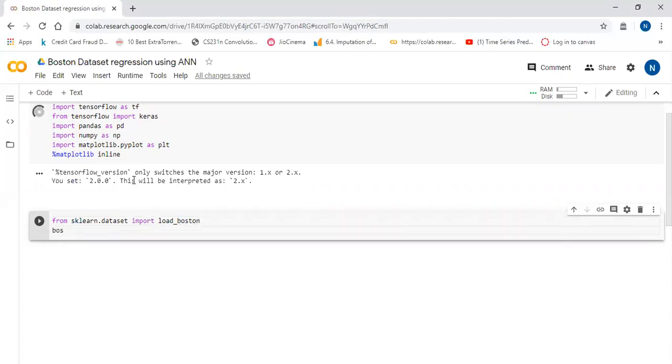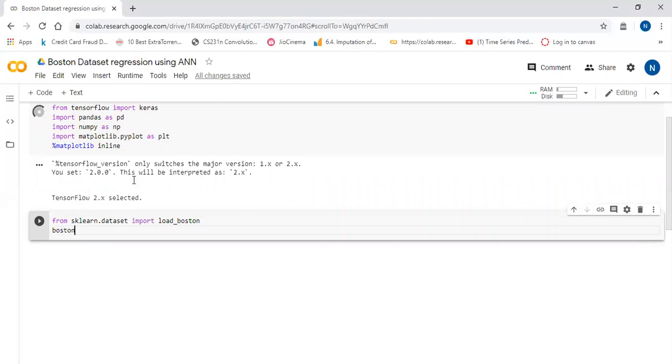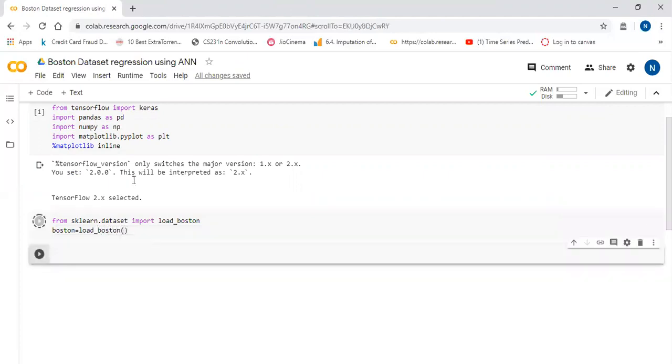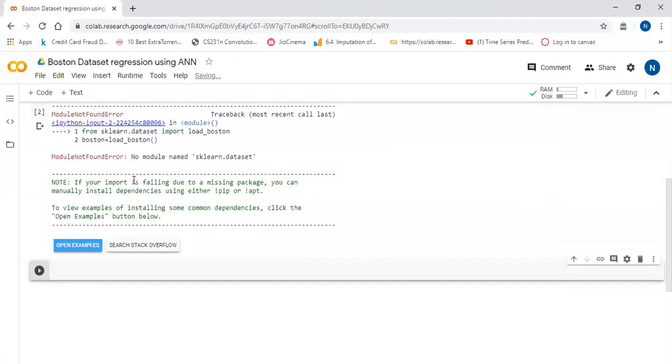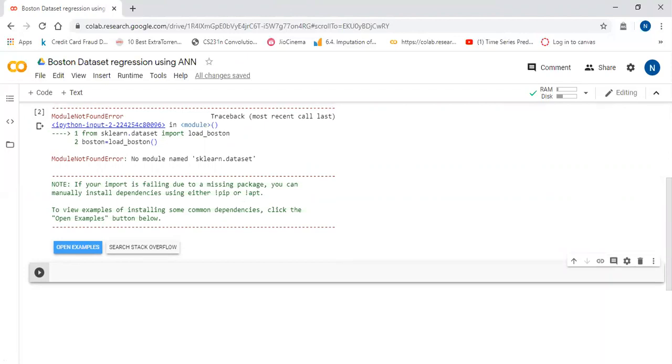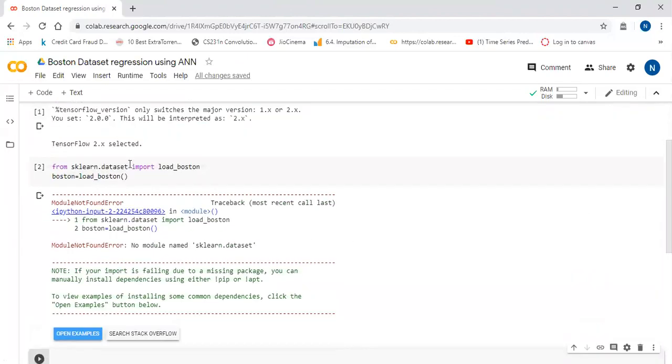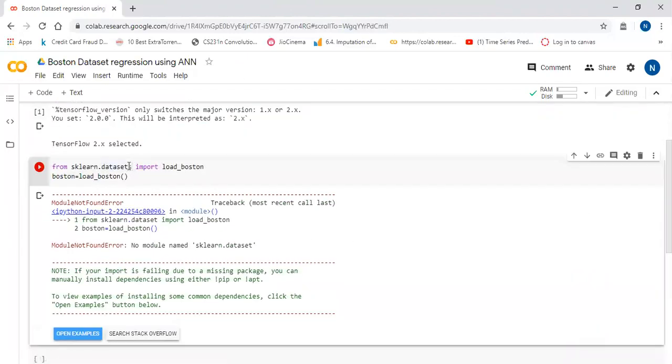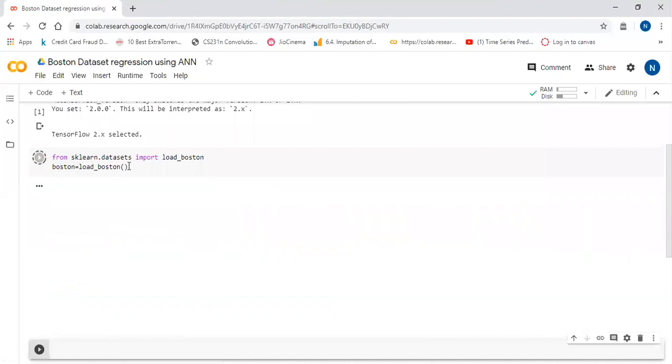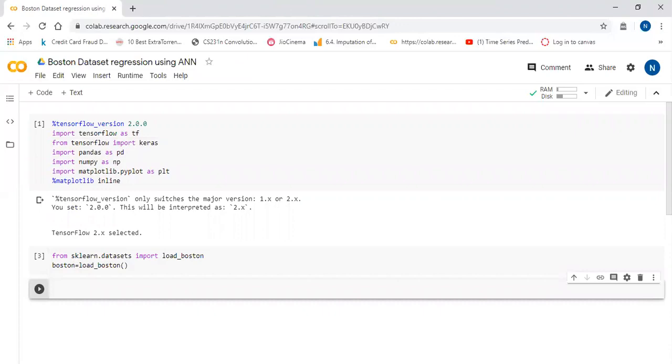So I'm creating the object, Boston equal to load_boston. Okay, the object of Boston has been created.